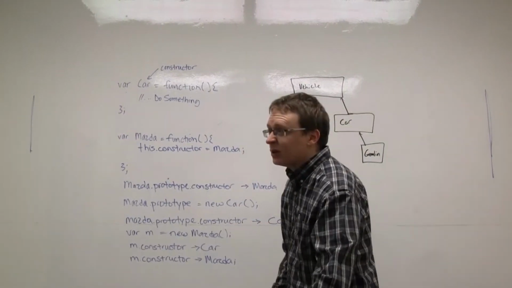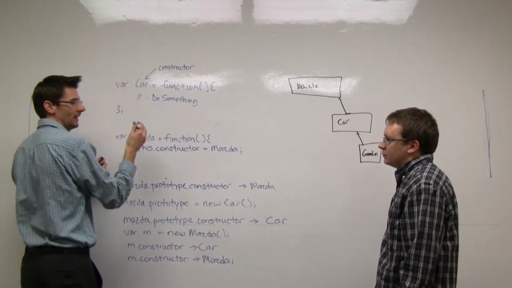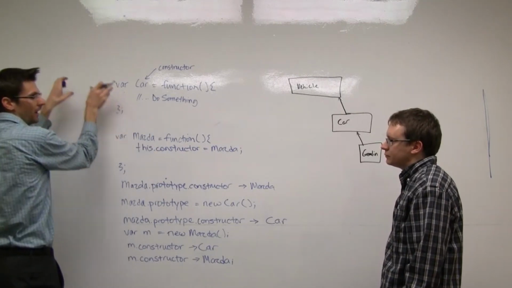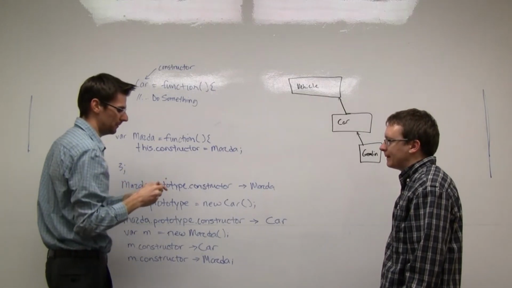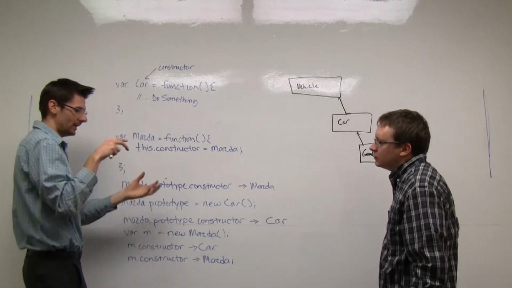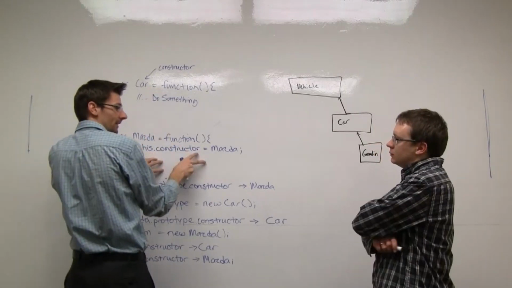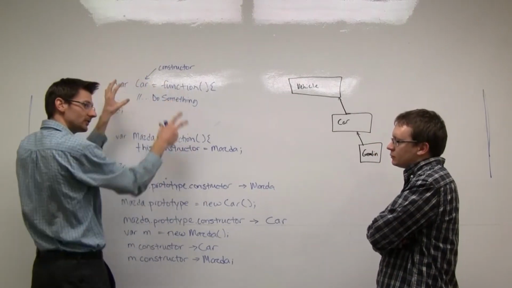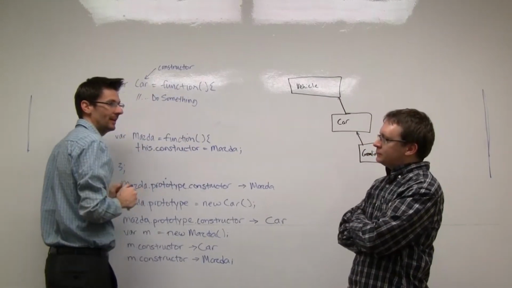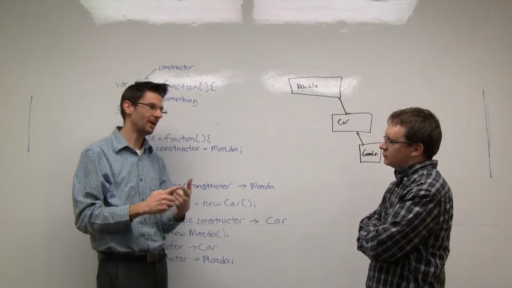Correct. But the problem is what we found is, without all this crazy mess, we couldn't correctly hop up to find out, okay, a Mazda inherits from a Car, which inherits from an Object. We have a bunch of POCOs, and an ORM on our JavaScript side, and we wanted to implement all these relationships. Let's say the Car had some relationships, and the Mazda had different relationships, but they inherit. Those relationships should be inherited. We couldn't implement that very well, because we tried to climb up this prototype chain, and guess what? It didn't work. If we used the implementation they use in TypeScript,